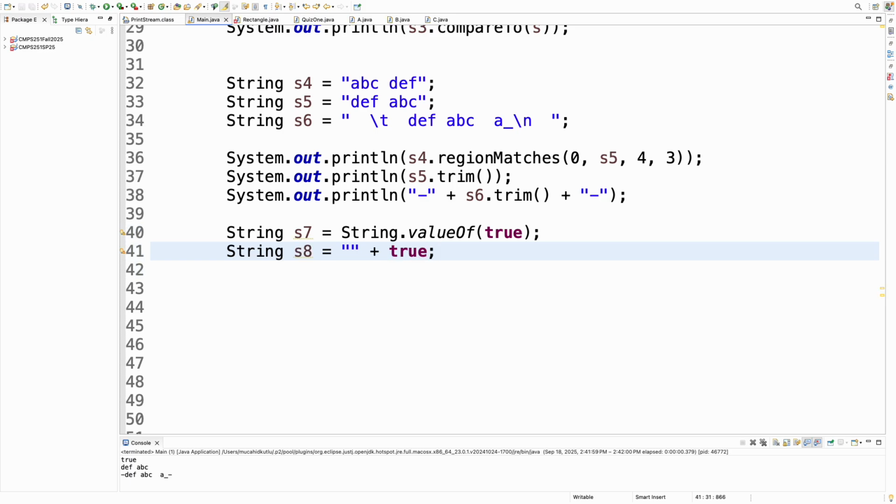So these are two different options to convert a value to a string. The first one is the more proper way, but you can also do it with this. I concatenate an empty string with true, then Java converts true to a string and concatenates it with the empty string, and the result is a string with the value of TRUE. If we reverse the order, we put true first, then the